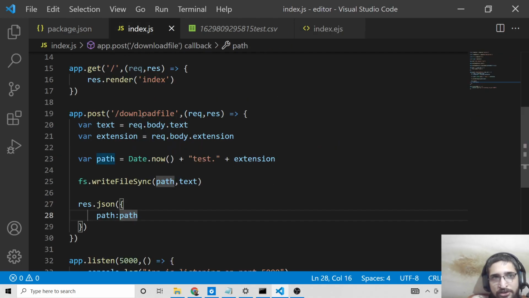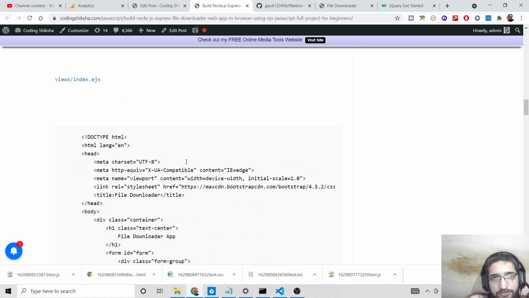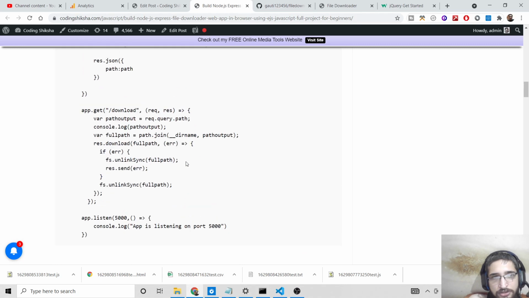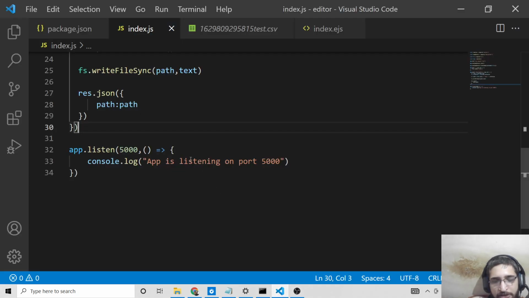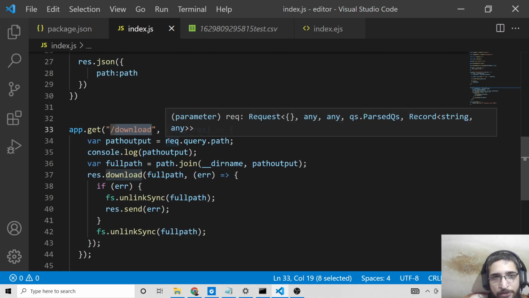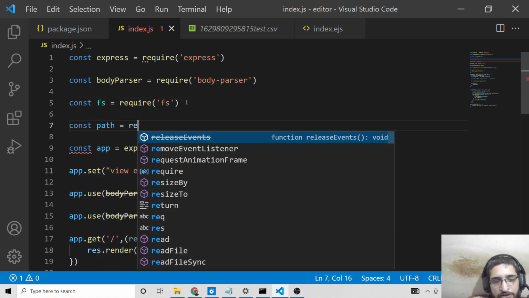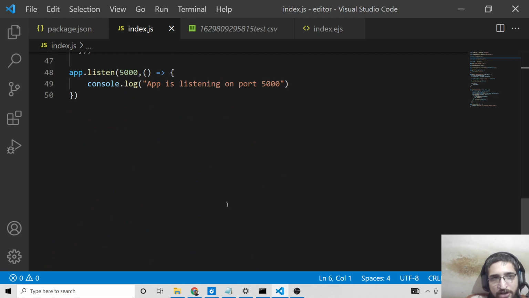Now we will go to this index.js Node.js server. We will make a get request of download files here. So if you see our code, this is the request app.get download. You simply need to copy this and paste it inside your application. It is just responsible for downloading a file as an attachment. So whenever users request the file, it will fetch it from its path. For doing that, we need to include this library, which is path. This is again a built-in library of Node.js. So now your application is complete.